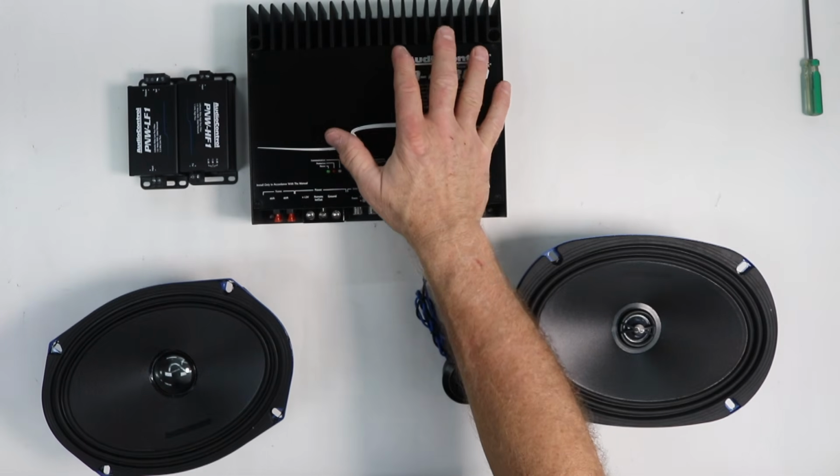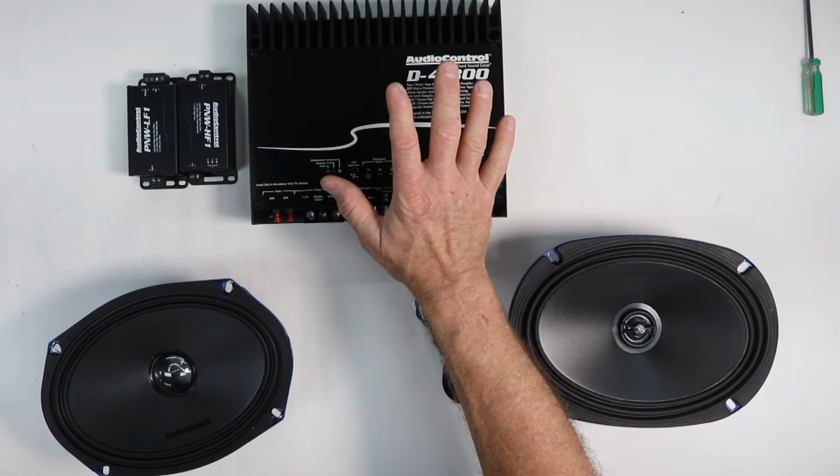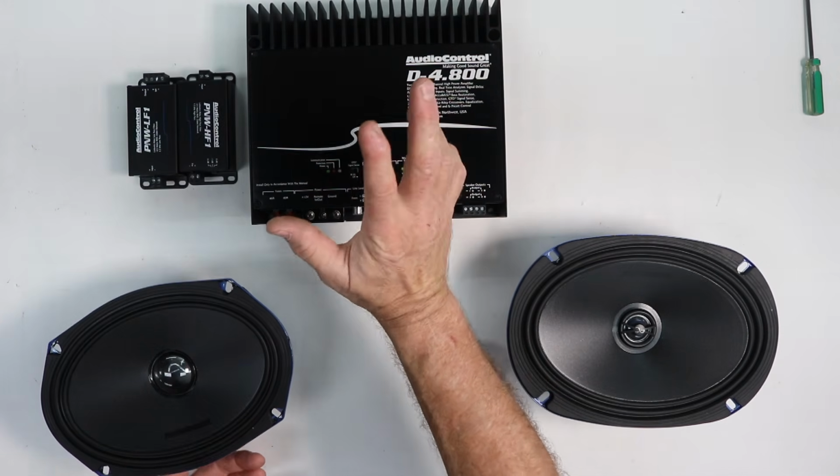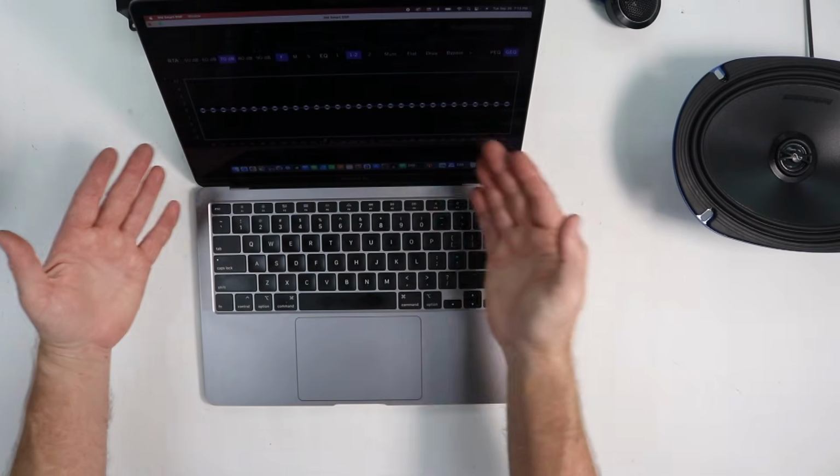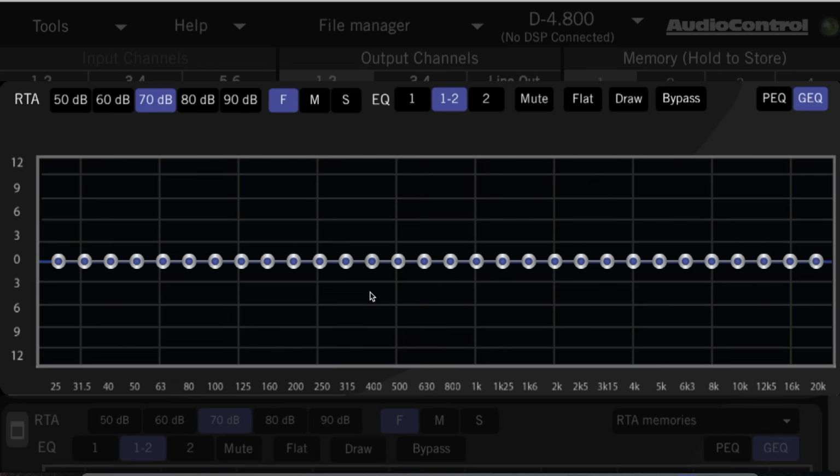It is a DSP, which means it has an EQ. And because of that, let's go back to the DSP and I'll show you. We have this EQ right here. This is for channels 1 and 2. A tweeter is only going to play down to, let's say, 3000 Hertz, which I'm just going to pull up to demonstrate what I'm talking about. My mid-bass plays between those 2 frequencies. So my mid-bass plays from the 3000 Hertz down to 80 Hertz, and my tweeter plays from the 3000 Hertz